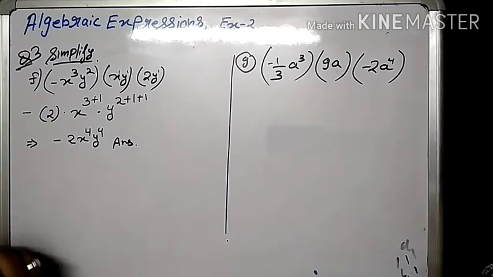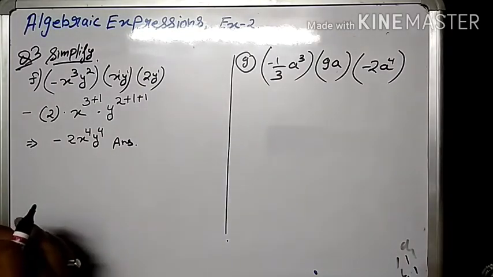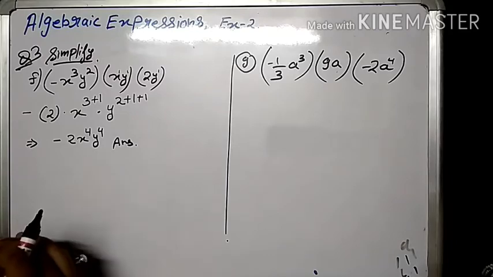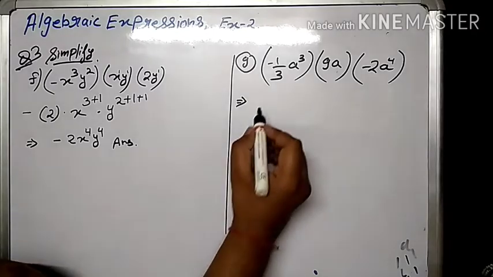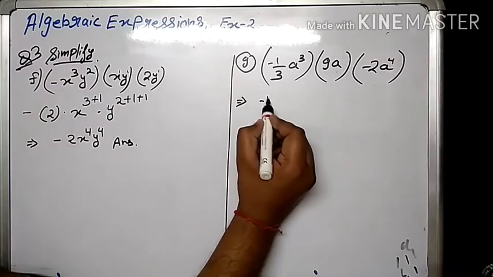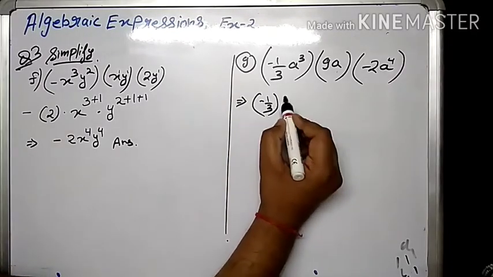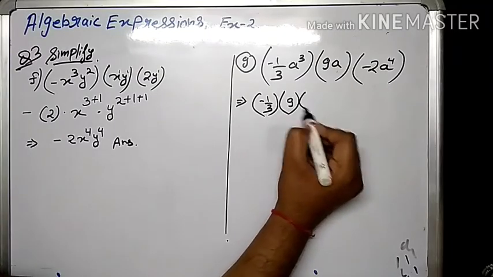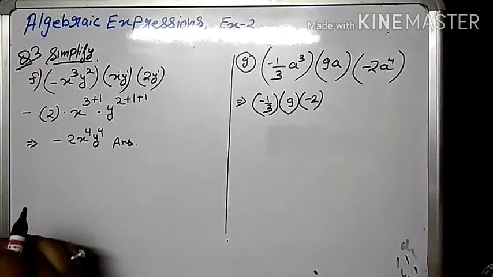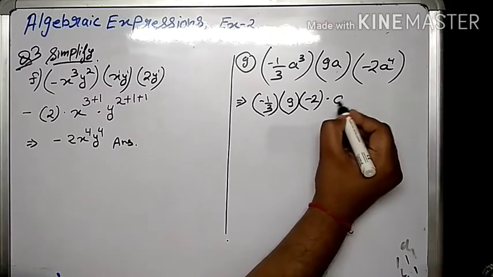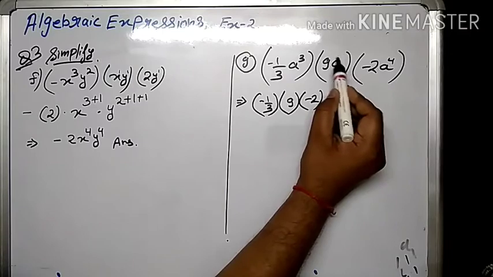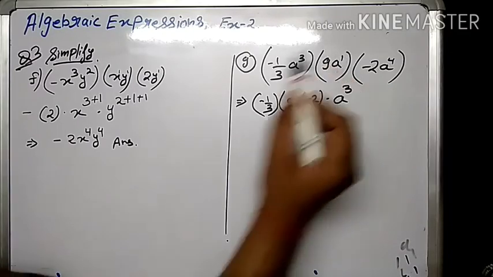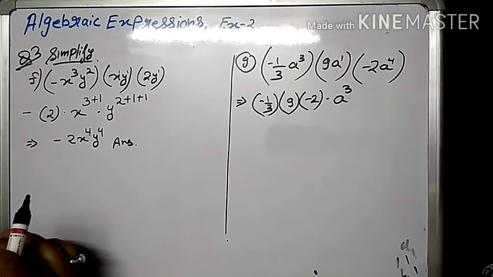Moving to another question. Over here there is a rational number, minus 1 upon 3, a fractional value, so we don't have to bother about any type of value, we only have to write. Now here minus 1 upon 3 bracket 9 bracket minus 2, these three are multiplied together, dot a to the power 3. Again I said here it is a to the power, nothing is written, we take it as 1, because if there is no power then 1 is assumed.